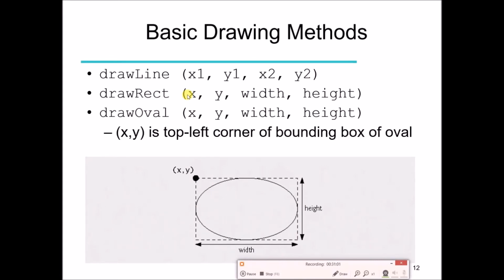We are going to discuss some of the basic methods which are going to draw the basic shapes in Java. Of course these methods have to be called by some object which belongs to the class Graphics2D. So the first method is drawLine. If you want to draw a line, we have to specify the coordinates of the 2 points, because as I told earlier, in order to define a line we need 2 points.